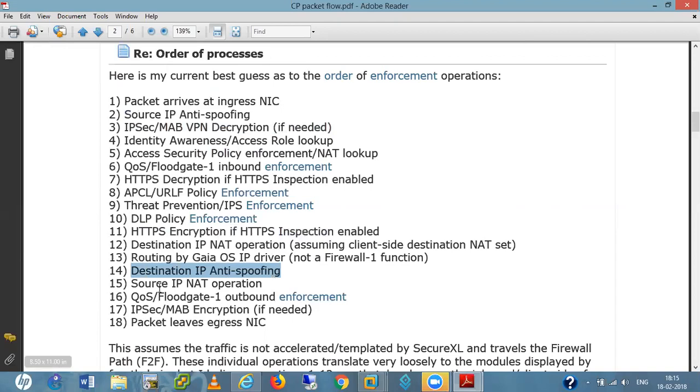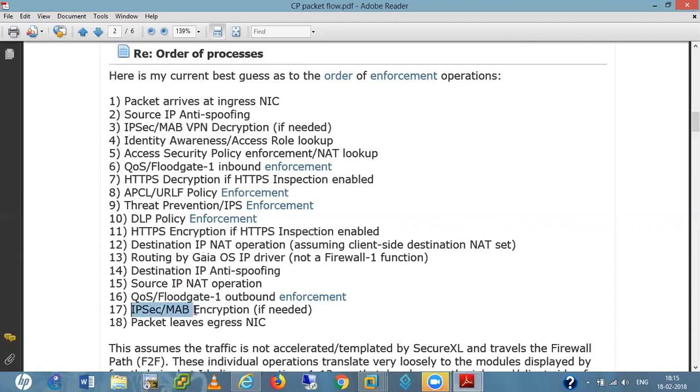Now it applies source NAT here. First, here it applies destination NAT first, like in Palo Alto also. We did destination first, after that we did the source NAT. Now again, quality of service.